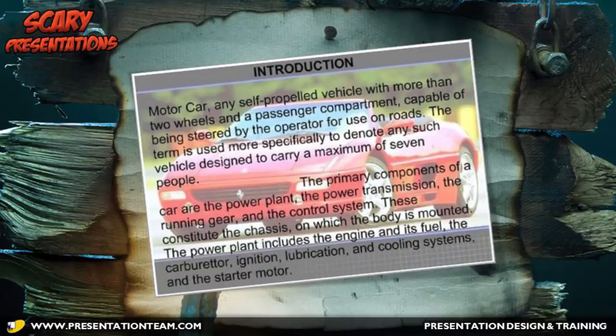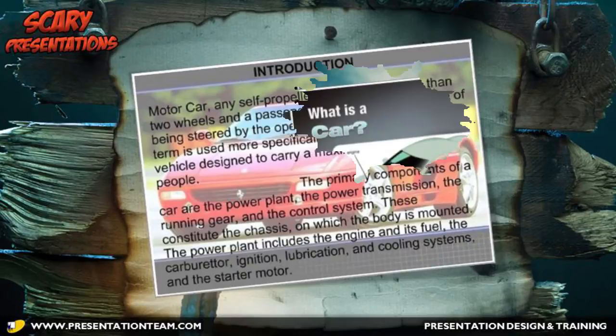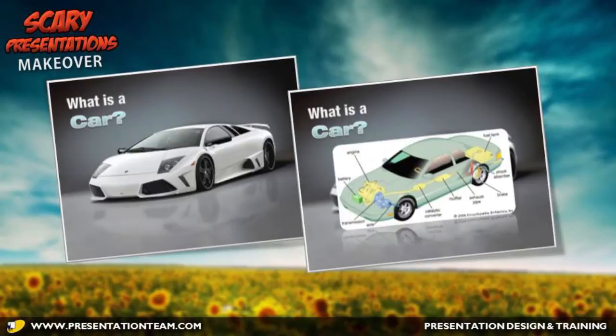Is it a car, or is it an essay? This full-screen muted photo of a Lamborghini is cluttered by 5 sentences of text explaining the definition of a car. The audience doesn't know whether to look at the car, the text, or the speaker, or simply to look away in fright. A fundamental fix is to eliminate the text completely, let the speaker talk about it, and create 2